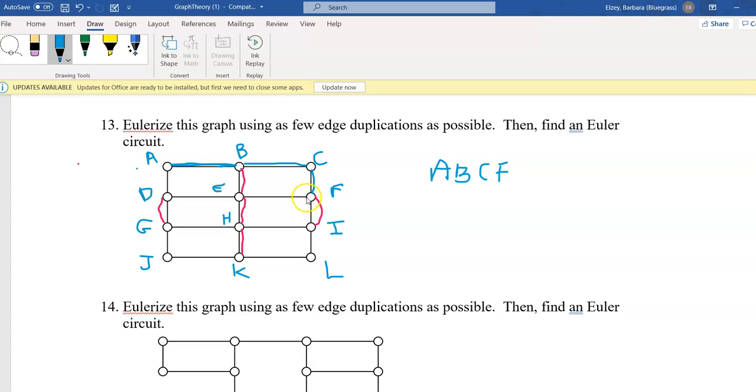and then let's go to E, and then I'll take the red edge first and go to B, and then I'll take the black edge back to E, and then let's see, let's go red edge to H, and let's go over here to I, and then I'll take the black edge first to F, and take the red edge back to I,